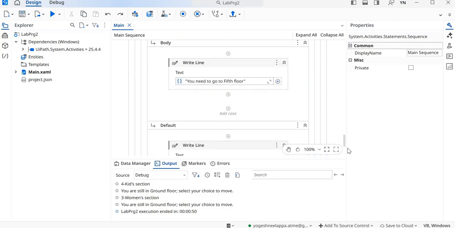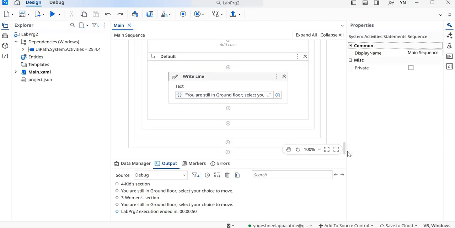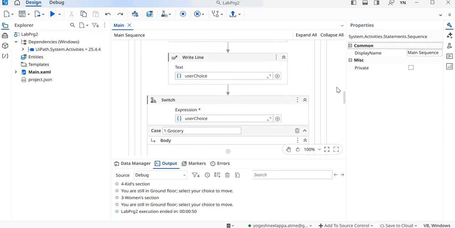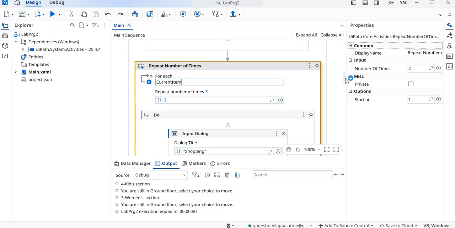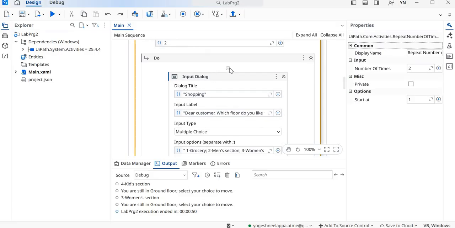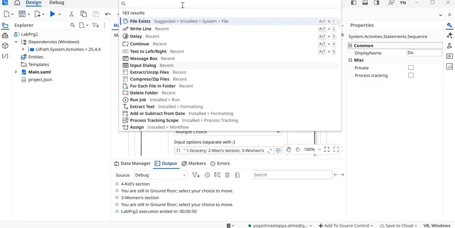So if the repeat number of times is removed, it will indicate to which section you are supposed to go. Now it is showing if you are in the ground floor, select your choice to move, because I am mentioning the repeat number of times activity here before the switch statement, right? So this is what the application of if, switch, and